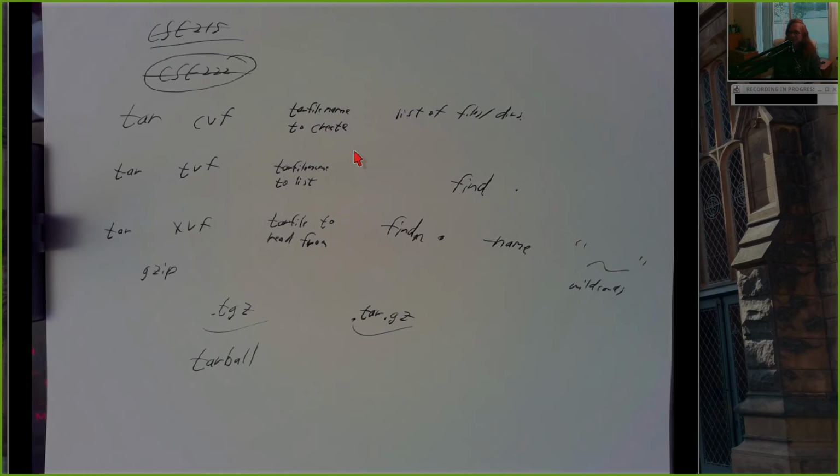Before I delete all the student accounts, I make one big tar file of it, and I throw it up on GitLab. And then if a student comes back to me 3 years later and says, I really need that program that I wrote 3 years ago, is there any chance you have it? I can go back and pull it from a tar file with a little bit of work.